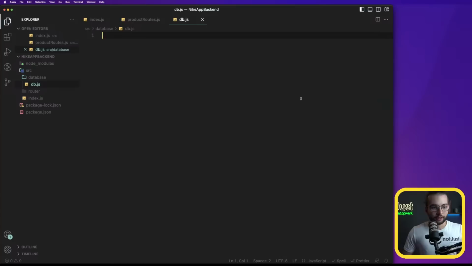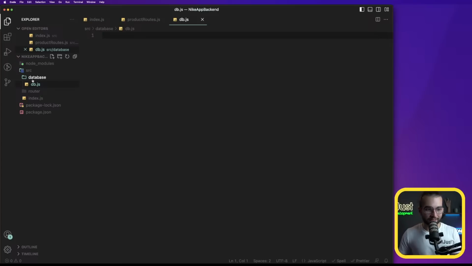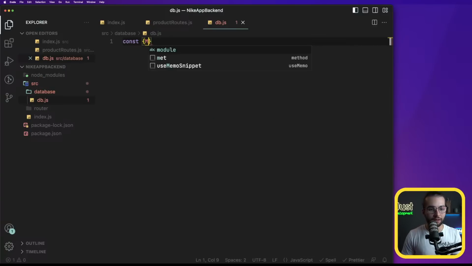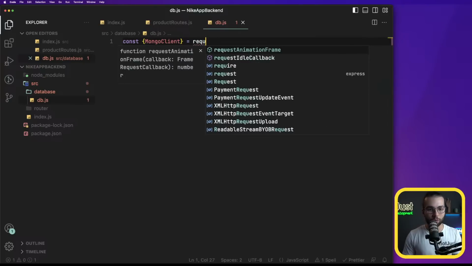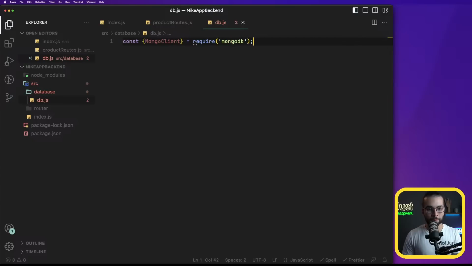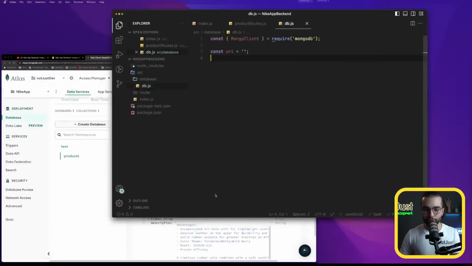Okay. So yeah, we installed MongoDB. Let's go ahead and inside source database db.js, let's import Mongo client from MongoDB, I'm always doing from, using require. Here we have it. The next step is we need the URL in order to connect to our MongoDB. So where do we get this URL? We can get it from our